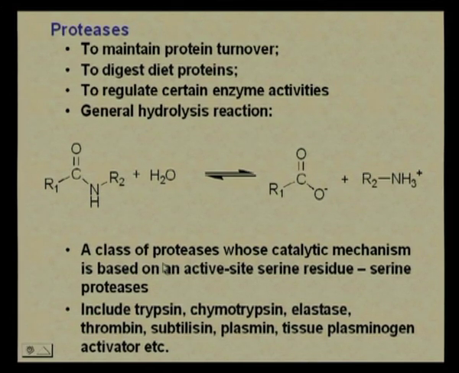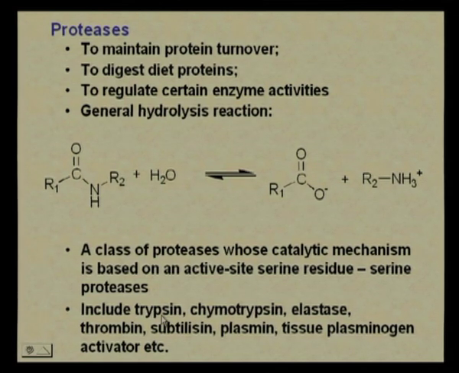Now basically the names given to the different proteases depend on what residue the catalytic mechanism is dependent on. Okay. For example, if we have a class of proteases, the catalytic mechanism of which is based on a serine residue, an active site serine residue, we call them serine proteases. There are aspartic acid proteases where in that case the active site residue or the catalytic mechanism would be based on an aspartic acid. So the serine proteases basically include trypsin, chymotrypsin, elastase and so on,